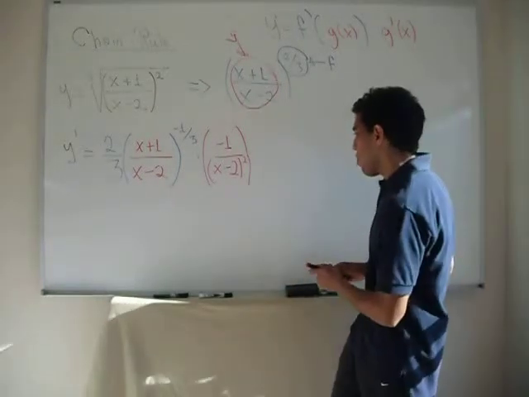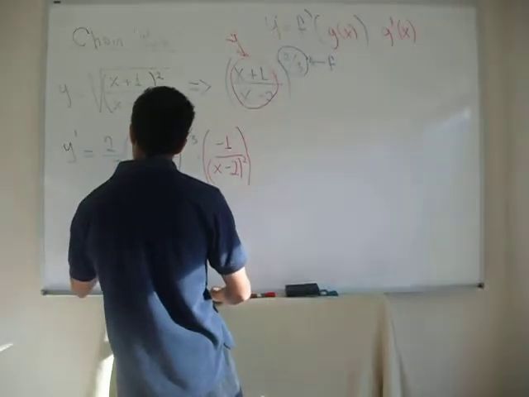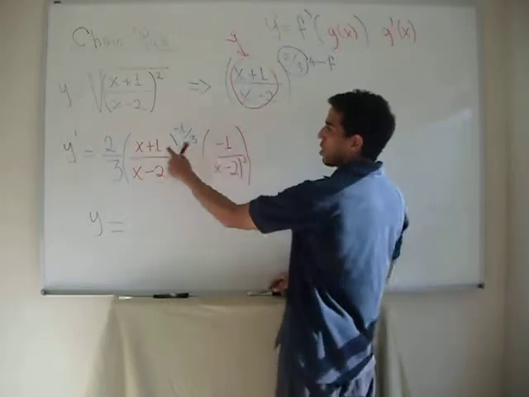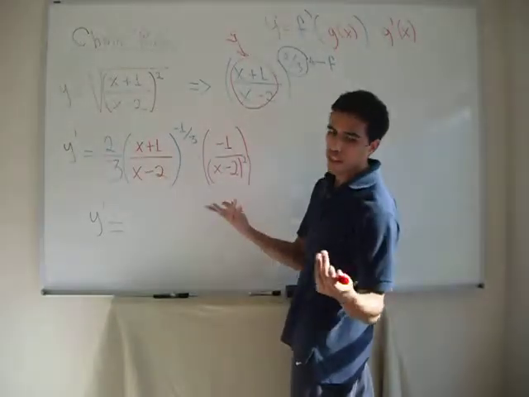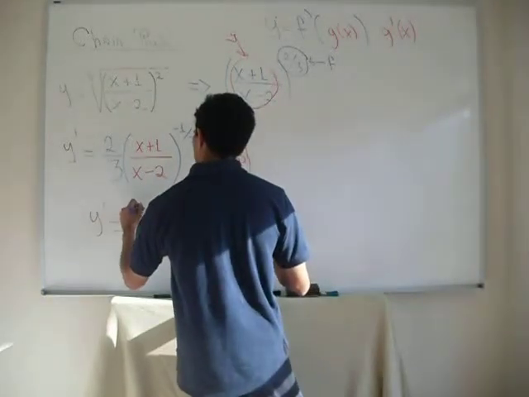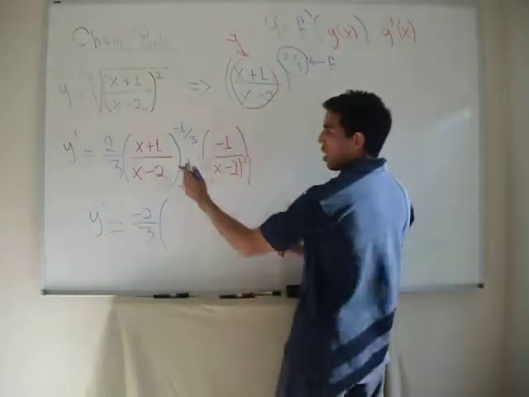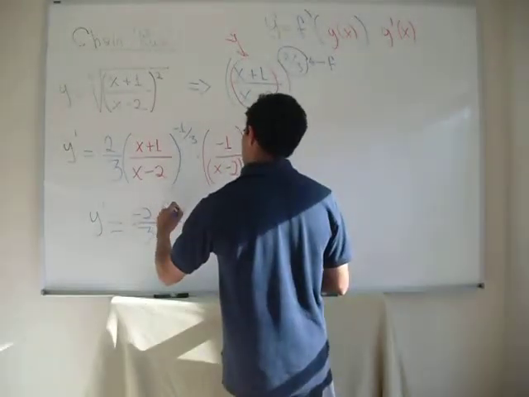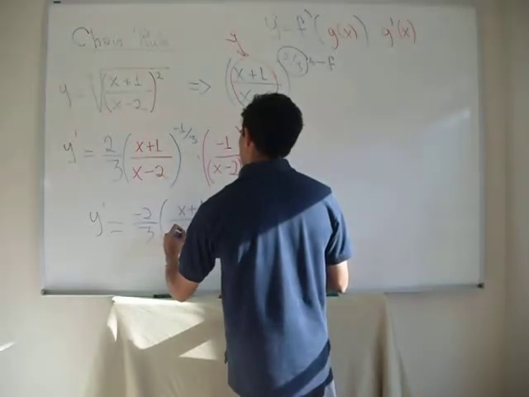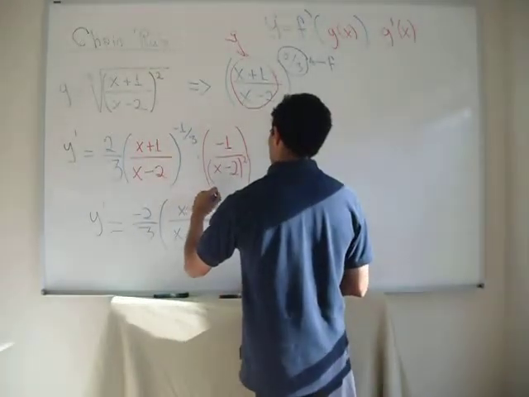Okay? y prime is equal to, let's see, minus 1 times 2/3 is minus 2/3. Okay? So it's minus 2/3 multiplying x plus 1 over x minus 2, all of this to the power of minus 1/3,